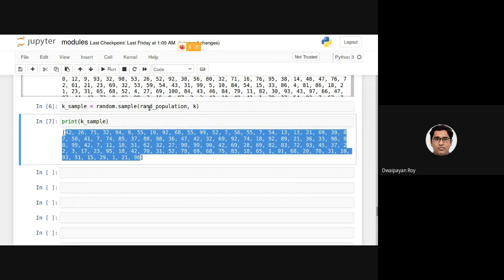So by using the random module, we are doing this. I'm sure while doing your research, this will be needed many times while generating random observations for some experiments. At that point, I'm sure this will be useful.